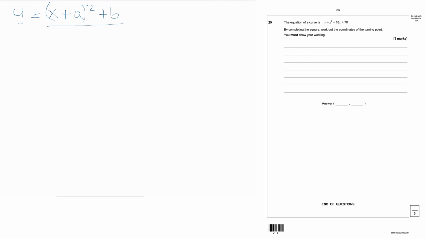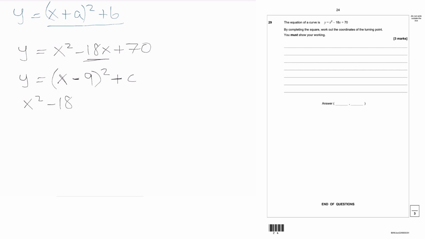So we can complete the square. So I'm just going to write out y equals x squared minus 18x plus 70. So the way we complete the square, if we remember, is we say that y is equal to, and we take x, and then we take half of this term here. So this is going to be minus 9. And we square it. And then we want to find this term c here. So we've said that y equals x squared minus 18x plus 70. And therefore this equals, and what we do now, if we expand out this bracket that we've just created,